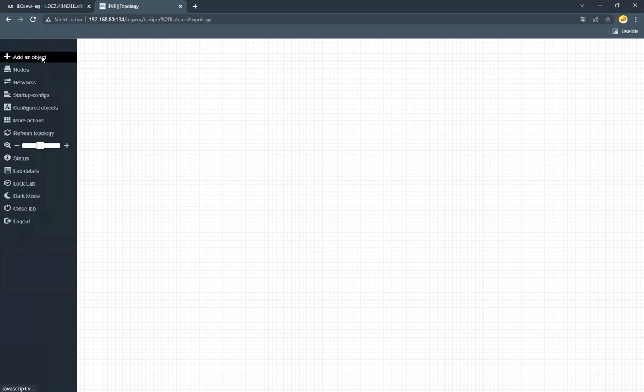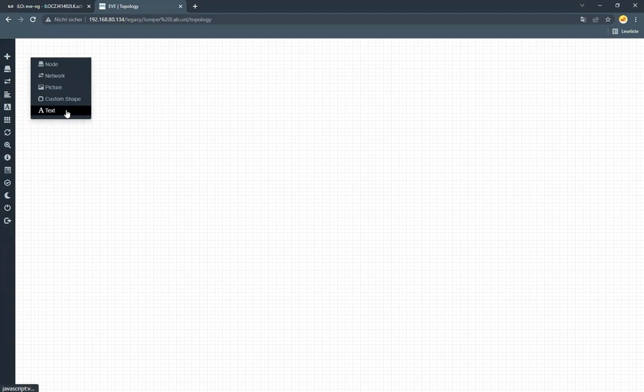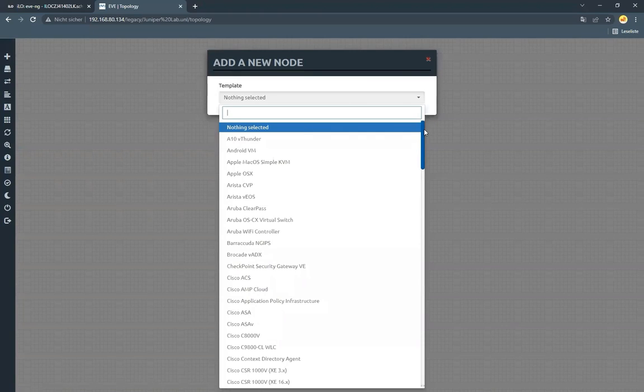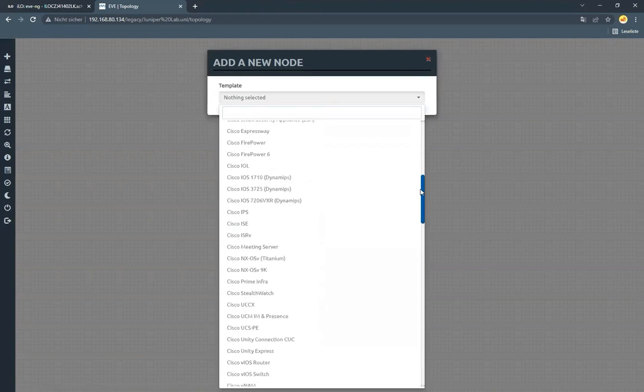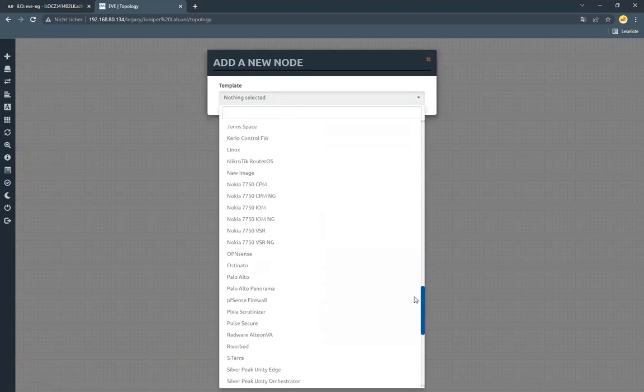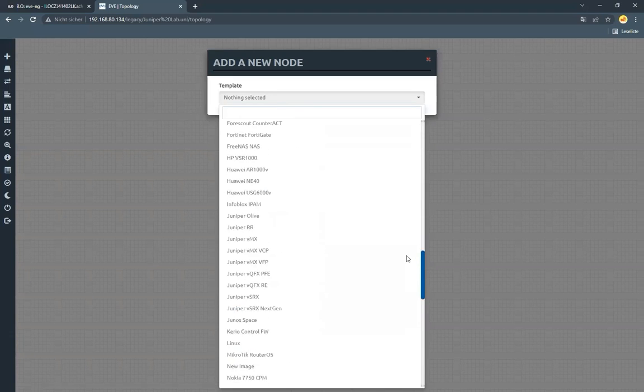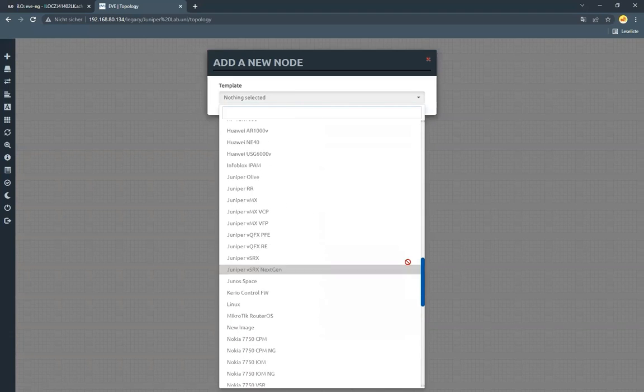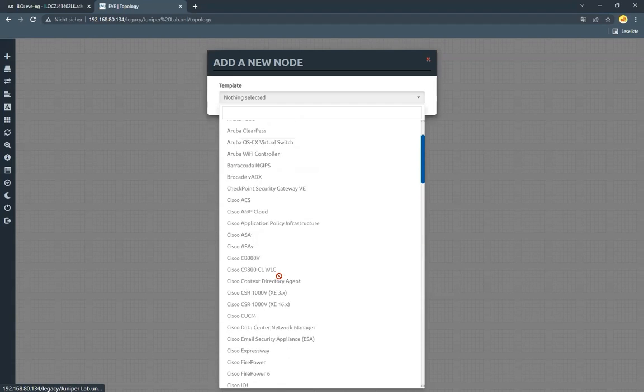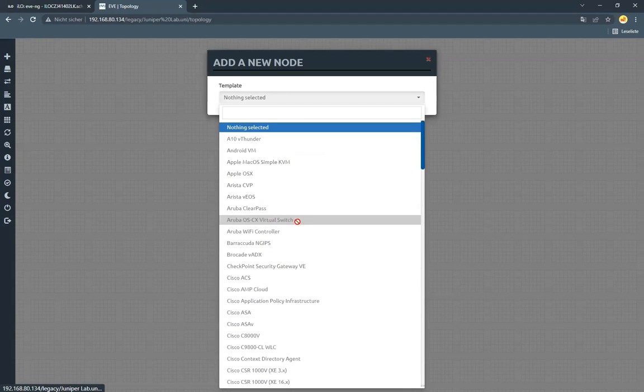So I could go ahead now and add an object. It will now ask me what object I want to add. So if I select node, you can see that a lot of different vendors and boxes are supported. If you look at the Junipers alone, you can see a lot of those things have already been added. I think in the latest there is even